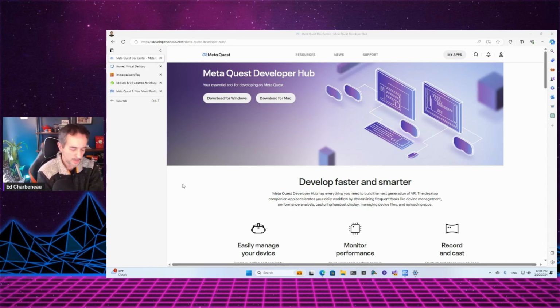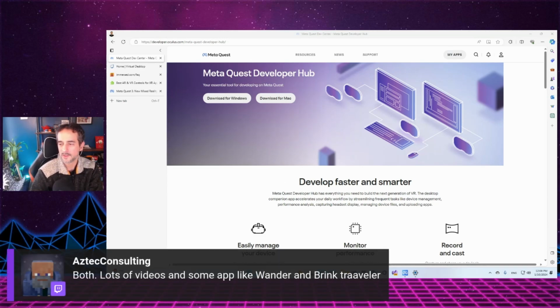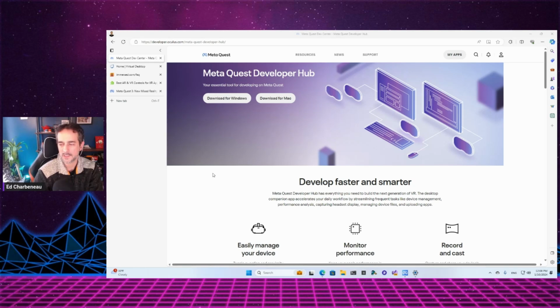I've tried some WebXR stuff. Does not mix well with Blazor. Lots of video, some apps like Blink and Wander and Traveler. I'll have to check those out. I've seen some cool games that are similar. So they wouldn't be real places, but they're more